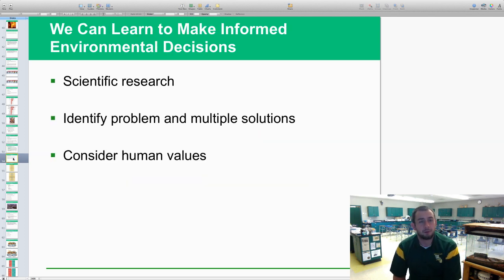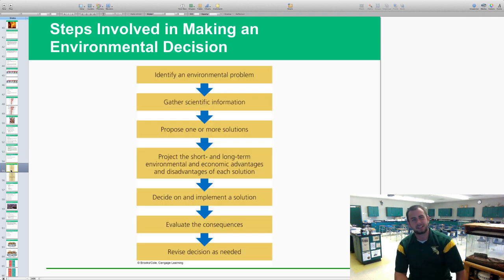We can learn to make more informed environmental decisions. So that was one of our main problems, just ignorance. By conducting scientific research, identifying problems, looking at multiple solutions, and also considering human values and nature values all in one. So those are a couple of things, and most of you know this, the steps of the scientific method: